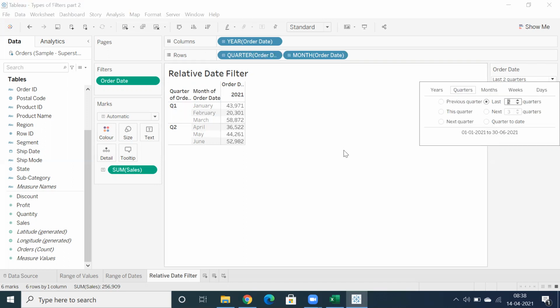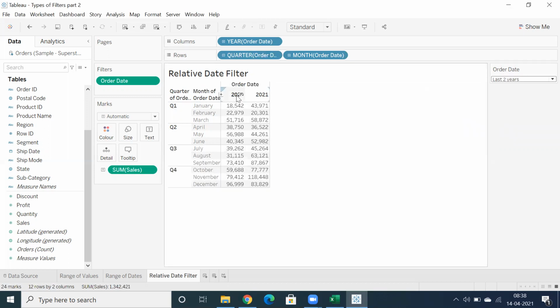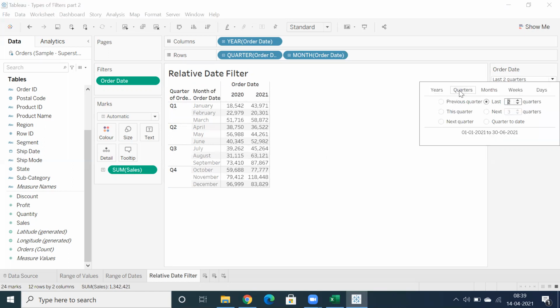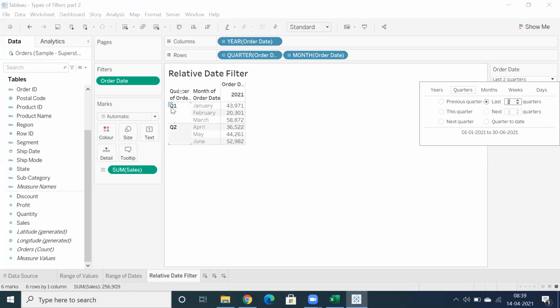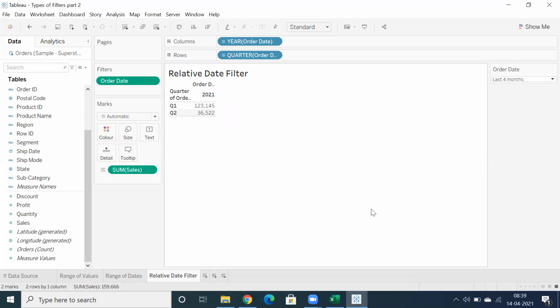I just changed this for you to understand. When you select year level, last 2 years, this is good. We are displaying 2020 and 2021, even though we have quarter and month, but we concentrate on year. When you select quarter level, if you have Q1 and Q2, you'll understand: okay, we have 2 quarters. But when you select month level, if you select 2, 3, or 4 months and then remove this, you don't understand, right? I selected the last 4 months of sales, but I want to know which months it's displaying. You have the flexibility to drill down because it will display month level.